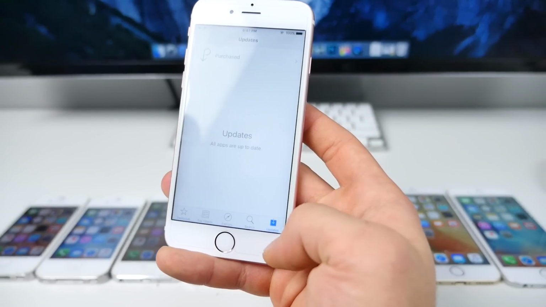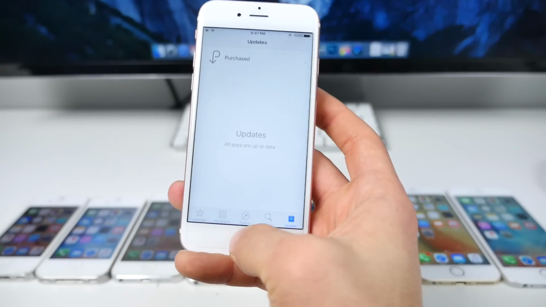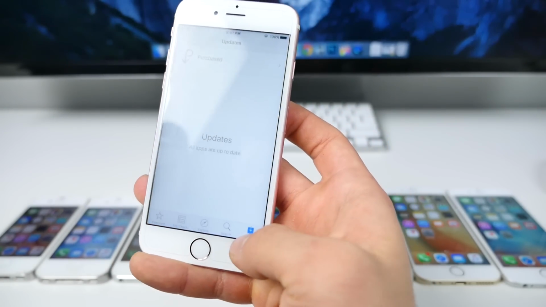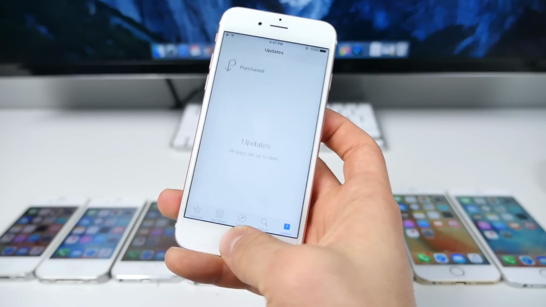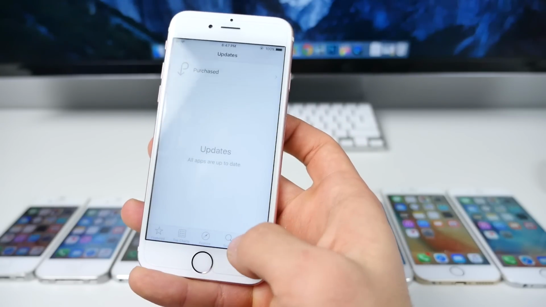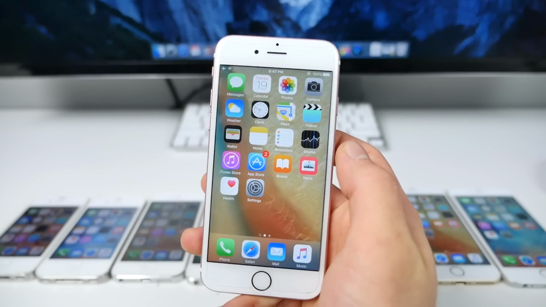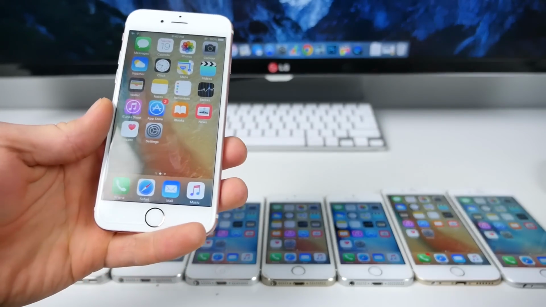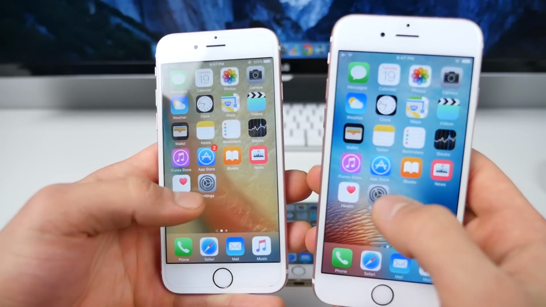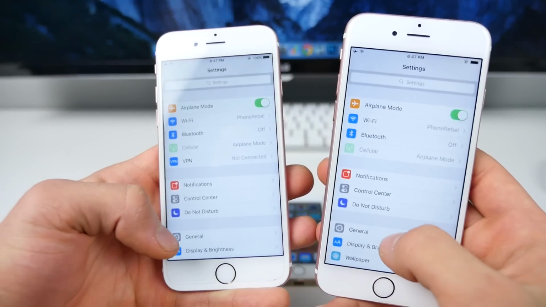Two, I'm having this weird bug on several devices where it shows me I have updates in the App Store and I'm not getting anything in here. And I've tried doing the force reset 10 times. It's there. Lastly, I wanted to say I was noticing a huge performance downgrade on 9.2.1 in the sub-menus on